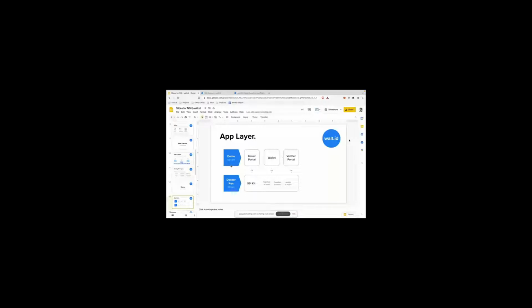So we will be showing you our issuer portal, which is the component that an issuer would integrate with their existing systems, and from which, let's say, a holder or data owner could request their credentials and data. We will be showing you the wallet, web native flows today, and also a verifier portal, which would be the component that a verifier integrates with their existing systems in order to request credentials from a holder.